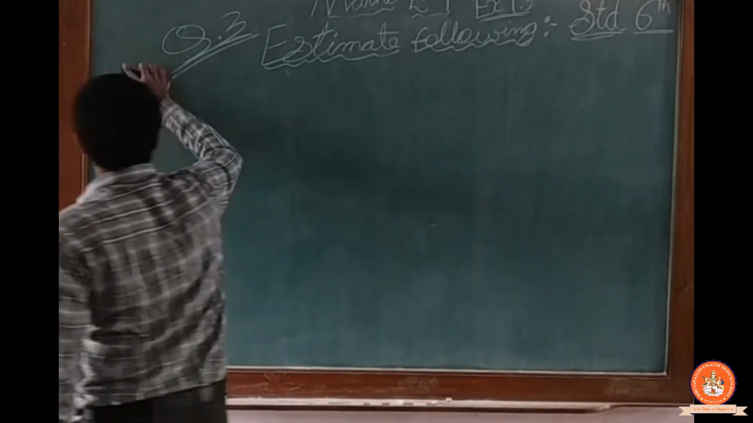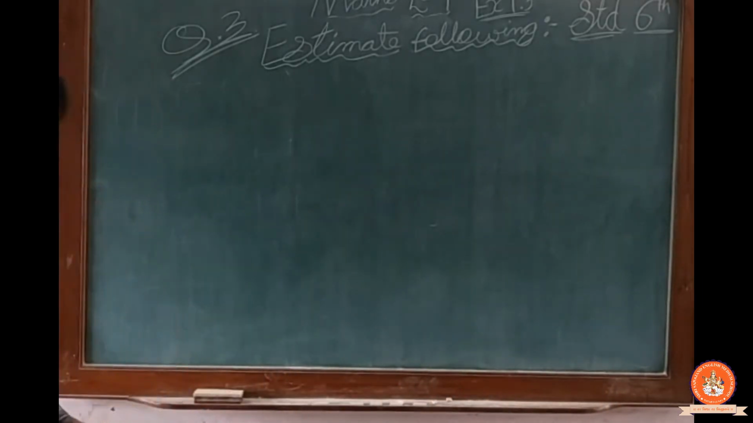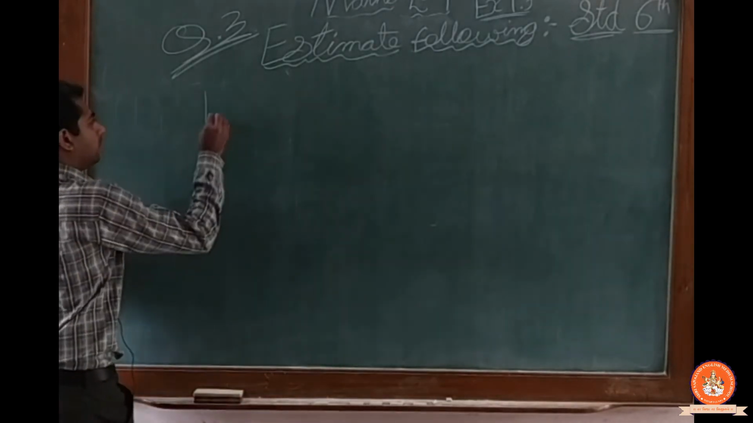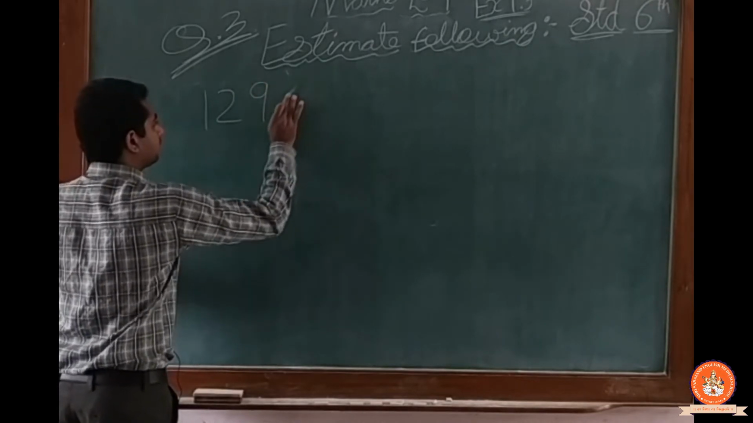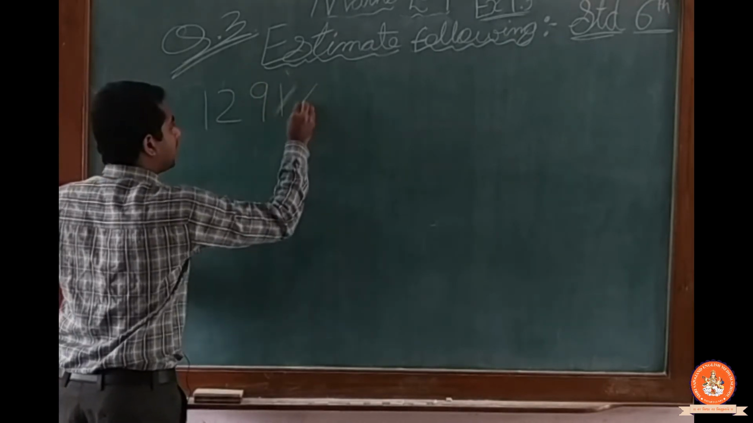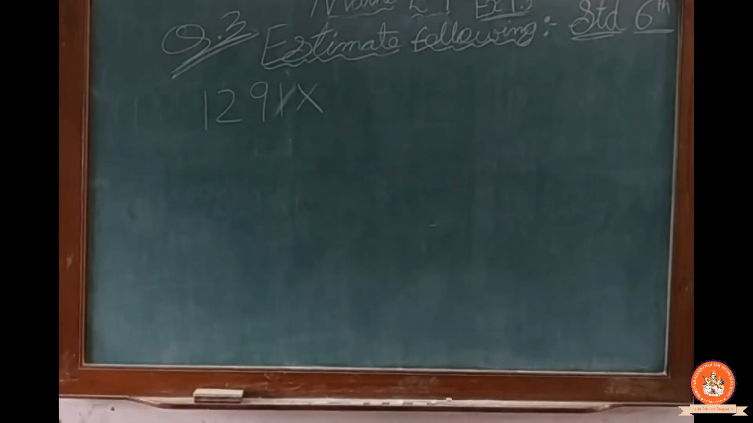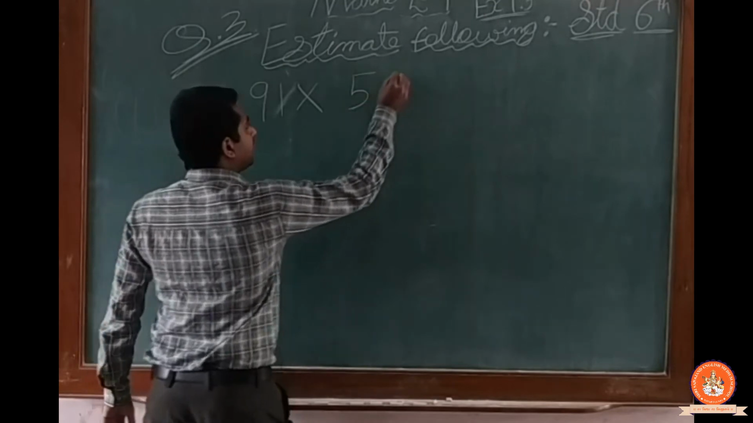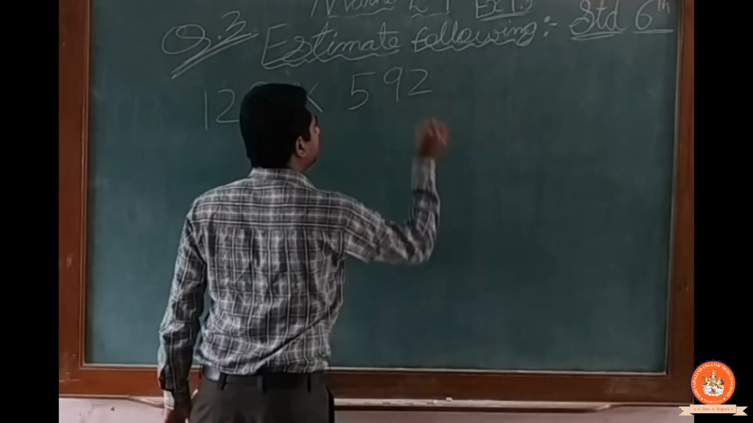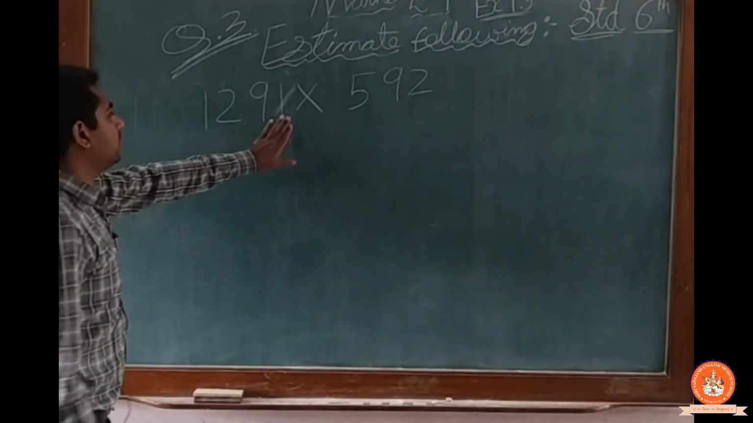So next question is 1291 multiply by 592. Okay, so see here,